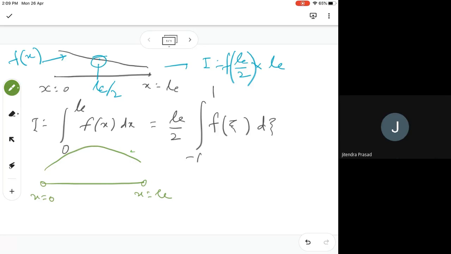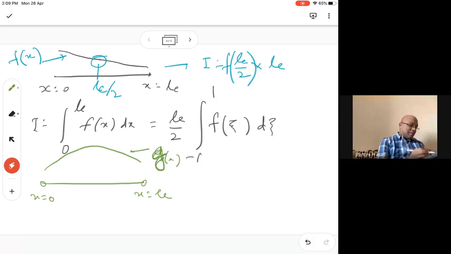Let's call it gx to distinguish it from the previous example. If you have gx, then what do we do? We will take this value and this value, and what is that value? That will be simply